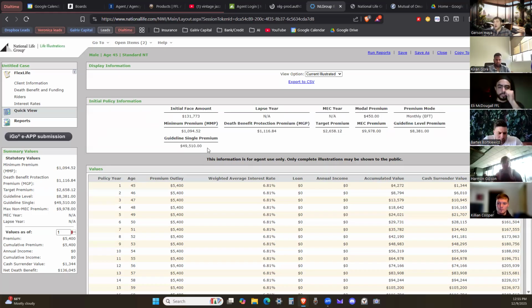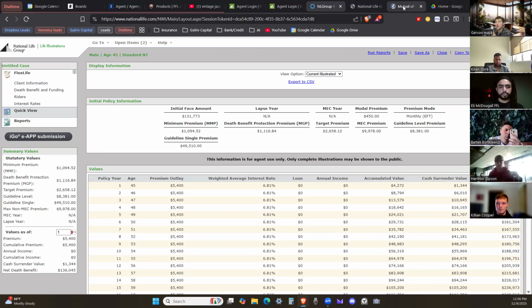But for any type of policy we're looking to maximize the cash value on, NLG or F&G is where I would go. I wouldn't go anywhere else. Anywhere else is putting the client in a worse position, and you need to know that. And when they talk to other people like myself, I'm going to tell them that, if that's the truth. I'm going to be looking to replace certain policies that aren't working in the best favor for that client. I'm going to be looking to add that value to them.